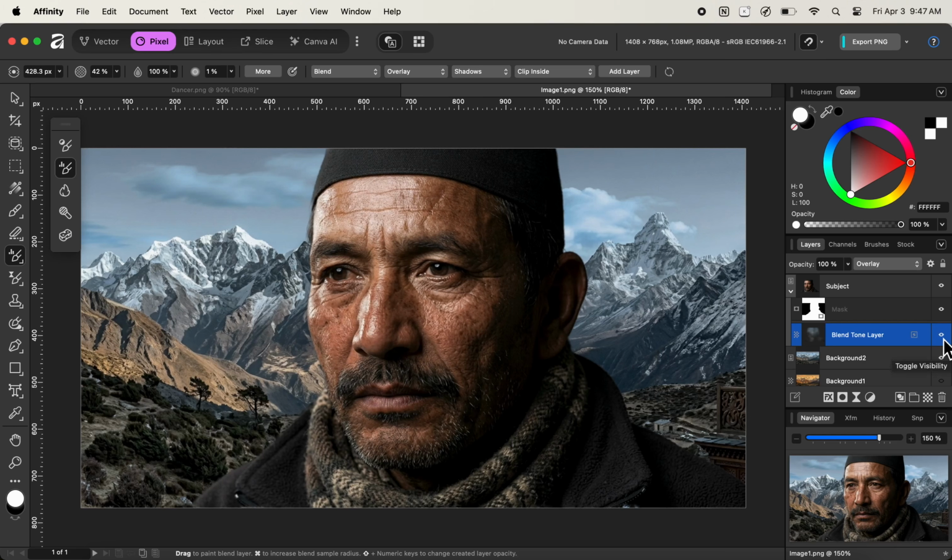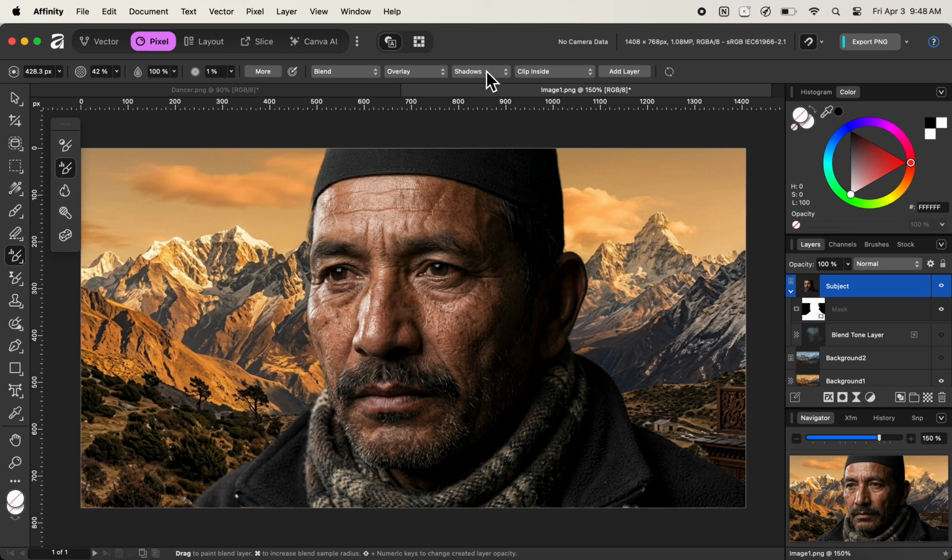And similarly, let us now apply a new tone brush tool in a new background. So for that, I'll simply click the toggle visibility icon for background one layer here first, and then click on the toggle visibility icon on the background 2 layer to hide the background 2 layer. And after hiding the background 2 layer, next, since the tones of our subject are not matching with that of the background, I'll again toggle the visibility of the blend tone layer to off first,